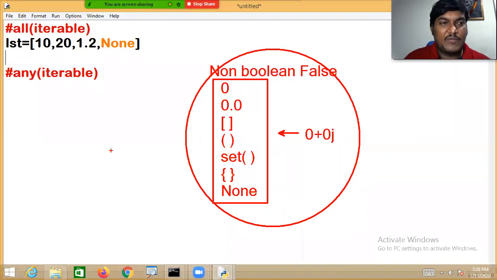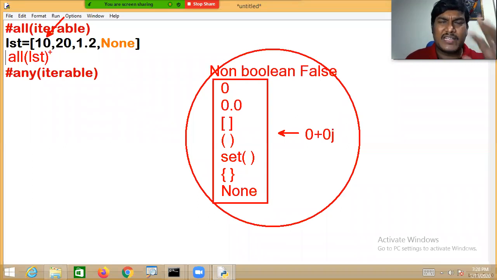Now what can the all method do? Kindly observe this, I am writing like this. Attention is required. If you write all of LST, it will check each item from the list and whether it is equal to true or false. Is 10 true or false? Only 0 is false.